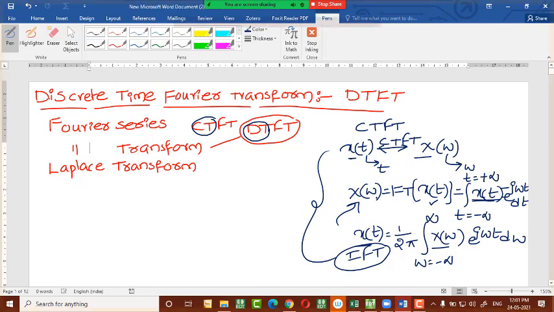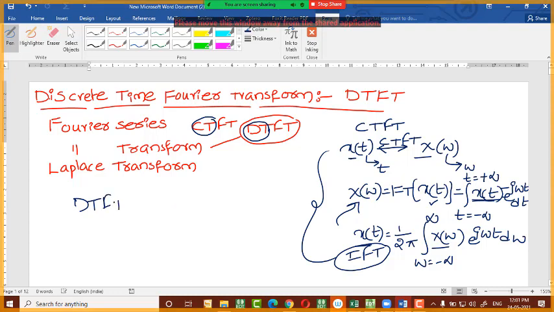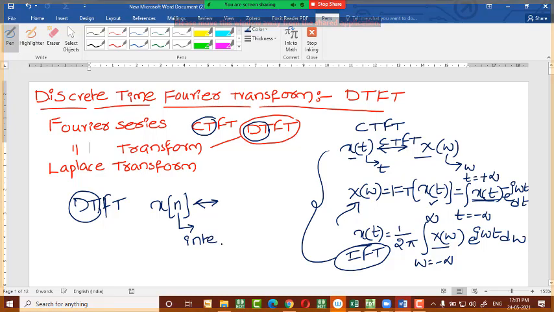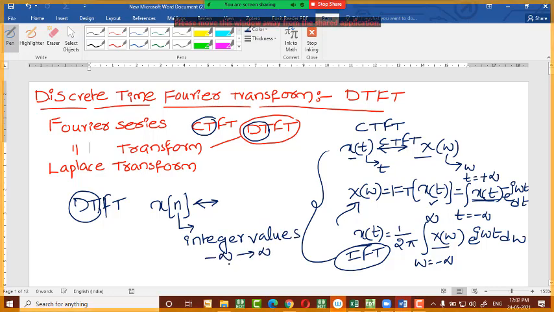Now what we need to know? We need to know about the DTFT. So coming to DTFT, as I said, it is applicable on the discrete time signals. So for x of n, already in our basic classes we know how to represent the discrete signal, that is x of n, y of n, g of n, whatever it may be. Here n is the independent variable. n will take only integer values. All these basics already we know. Integer values, that is changing from minus infinity to plus infinity, but it will take only integer values. And x is nothing but the amplitude of the signal. What type of signal? Here it is a discrete signal.